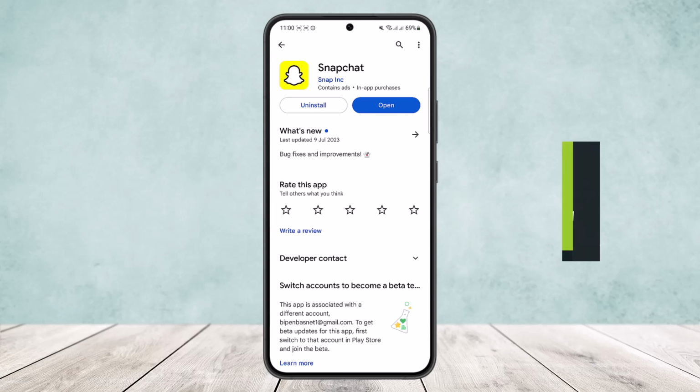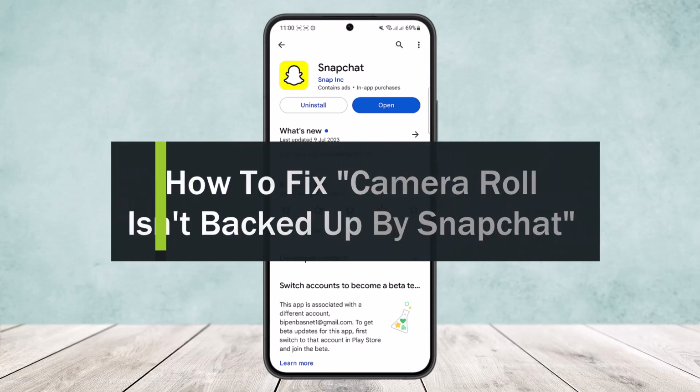How to fix camera roll isn't backed up by Snapchat, or how to set your camera roll to be backed